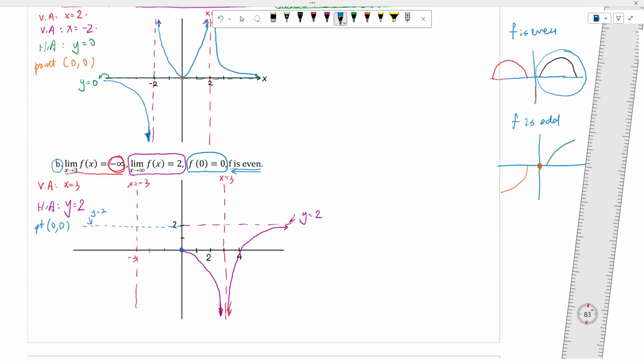Okay. And then from here, we go to negative infinity. And then on this side, we will start from negative infinity, right? It's getting closer and closer to this line, y equal to 2. And then it will go down. As x approaches -3 from the left, the output is getting closer and closer to infinity. Okay. So this is actually a possible function for f of x.